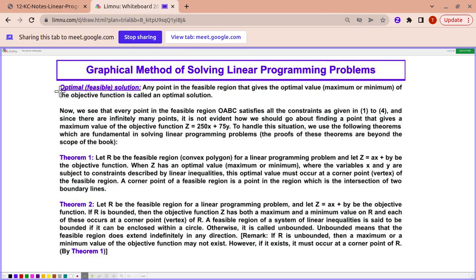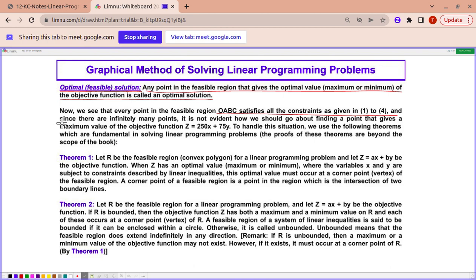The optimal or feasible solution. Any point in the feasible region that gives the optimal value, that is either the maximum value or the minimum value, depending on the problem, is called an optimal solution. Now we have seen earlier that the region OABC satisfies all the conditions 1 to 4,